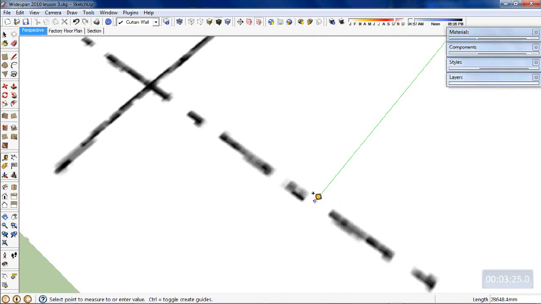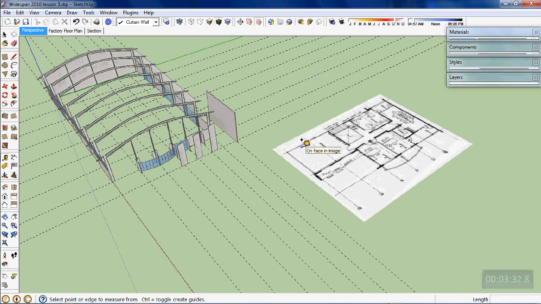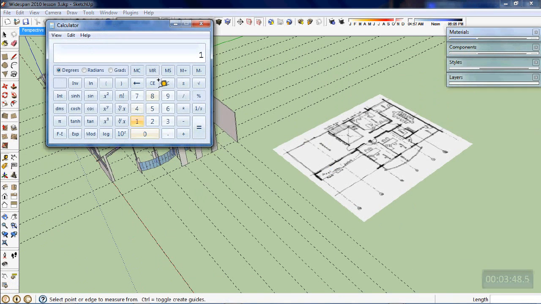Okay, so my image is measuring 28,650, yet I want it to only measure 18,775. So if I divide 18,775 by my measurement, I'll get a scale factor. So I'll just open up a calculator. Okay, and we've got 18,775 divided by 28,650 equals. So I've got a scaling factor in my particular case of 0.6553. So I'm going to write that down,